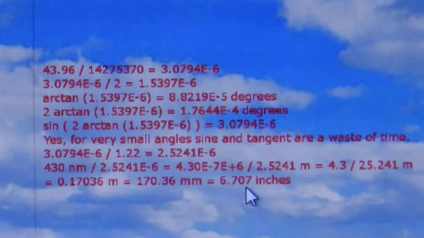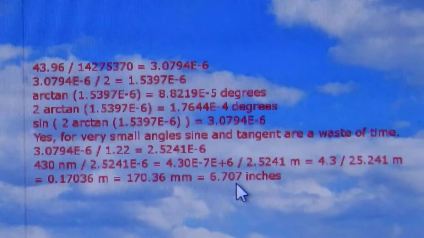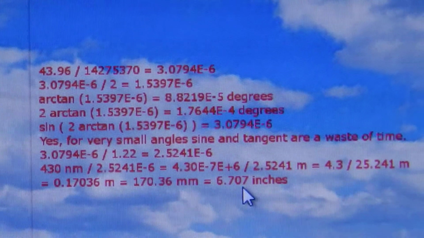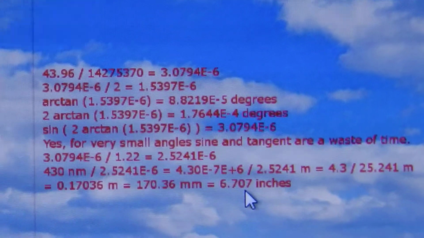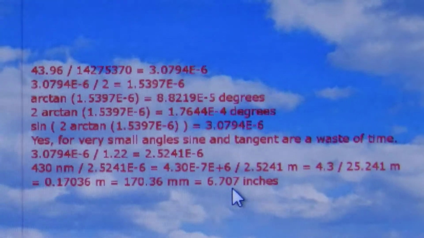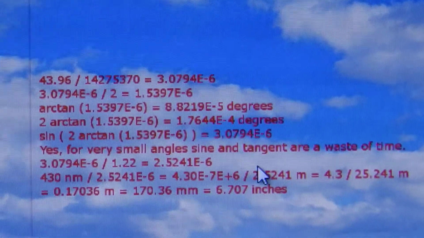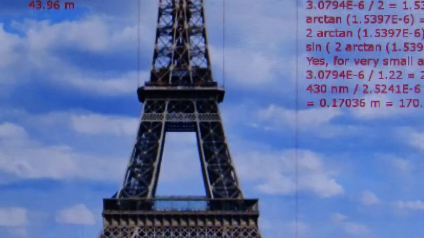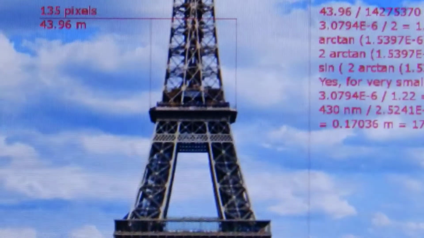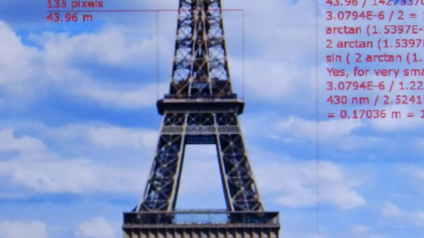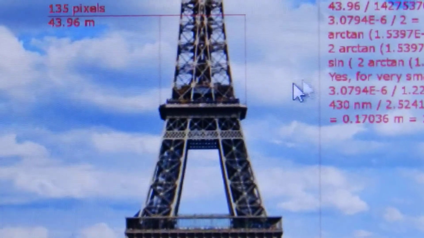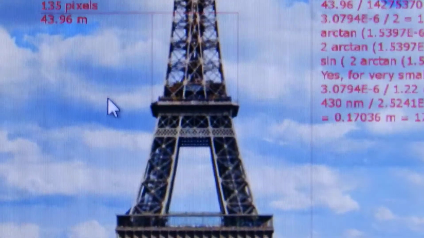That is the minimum diameter of an aperture required to take a picture in which that thing there can be distinguished as a dark patch in between this bright bit and this bright bit.